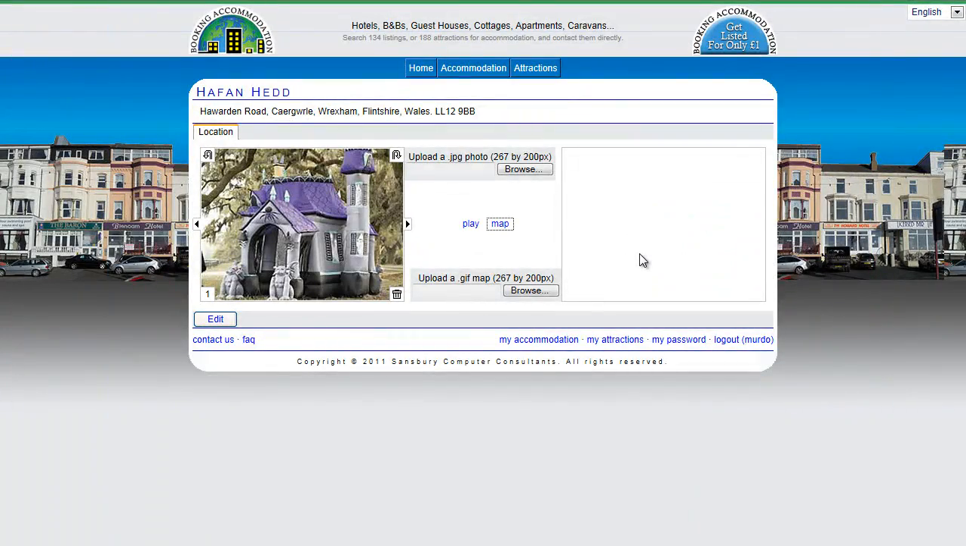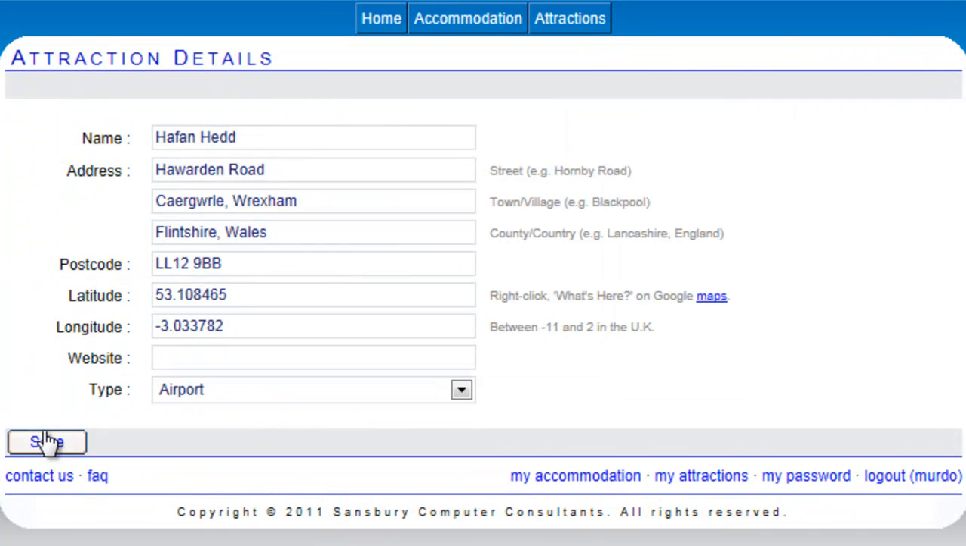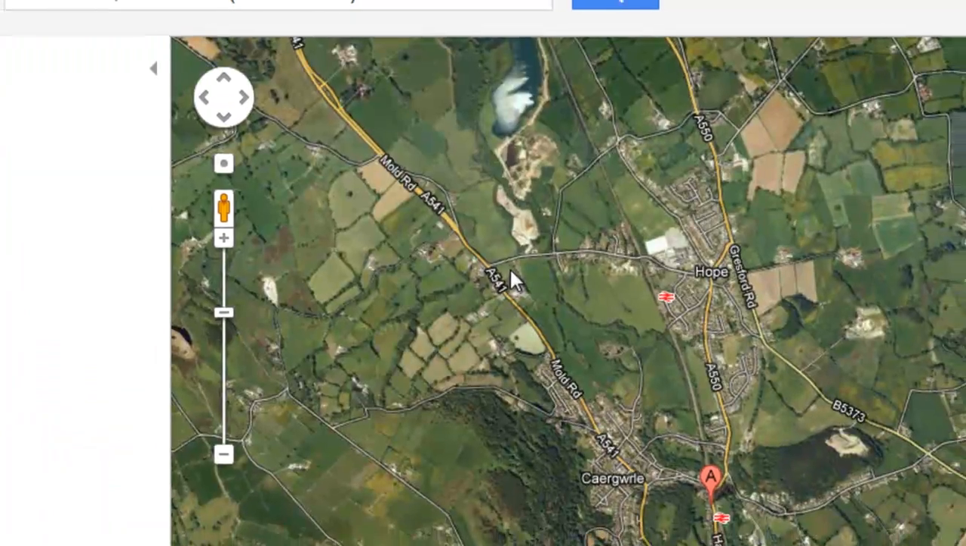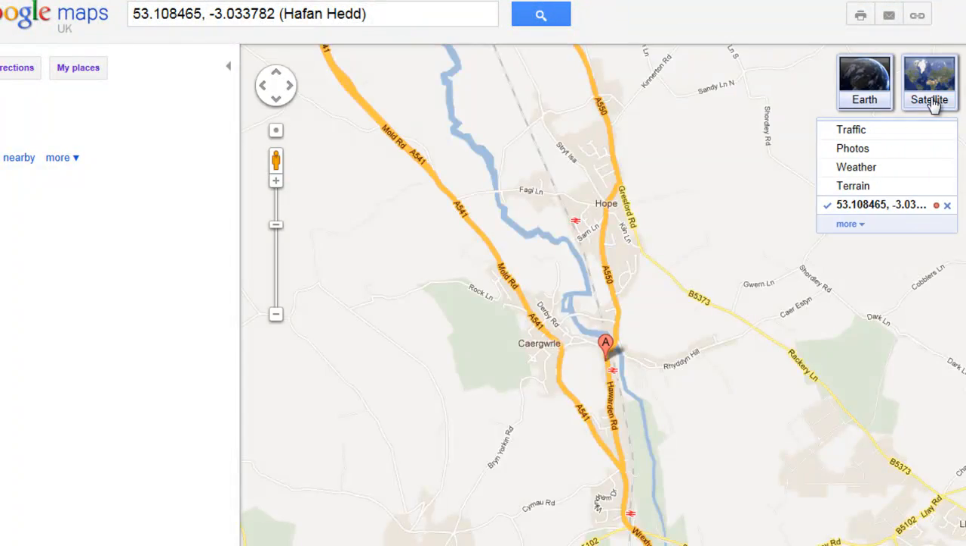Now, before you try and add a map, the first thing to do is to edit your listing and make sure that the latitude and longitude are entered, and this is the subject of another video if you're not sure. So once those numbers are entered, you can click on map and it will take you to Google Maps. Hold down Control and press 0 on the keyboard, and that will just make sure that your browser isn't zoomed in. Once you've done that, you need to be in map view, so click on map